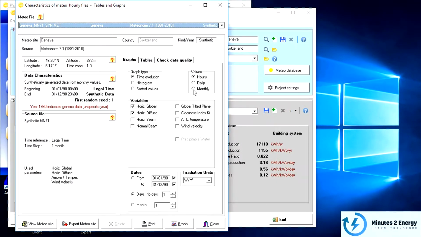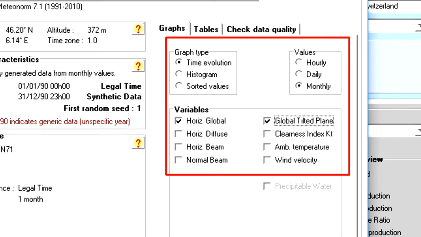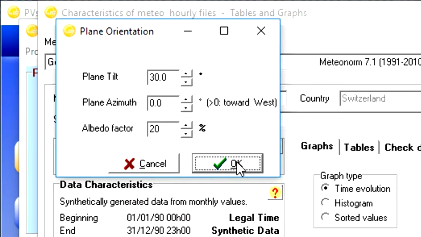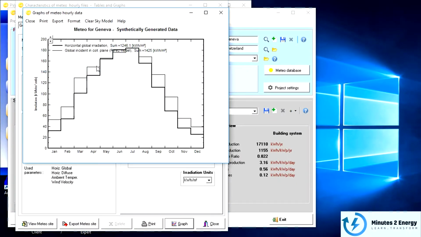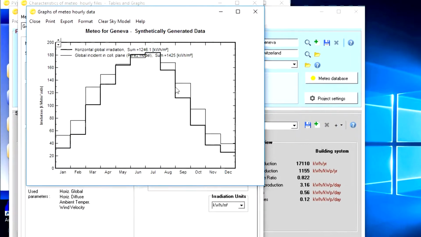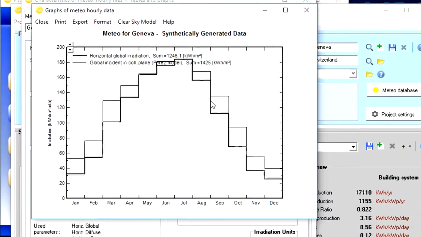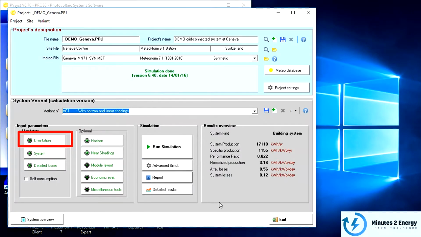Let's see the monthly solar irradiation values. Set the parameters here, as we have done. And now click on the graph. In the prompt window, it will ask for azimuth and tilt confirmation. You can either click on to proceed or you can change these to see the different values, like a kind of experiment. So here in the graph, you may see the monthly values of GHI and GII for the entire year. There's nothing much to do here, as you cannot change anything. Okay, close this meteo data window, and let's go to the orientation.